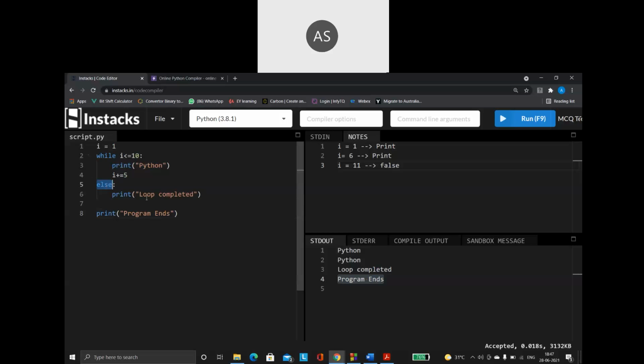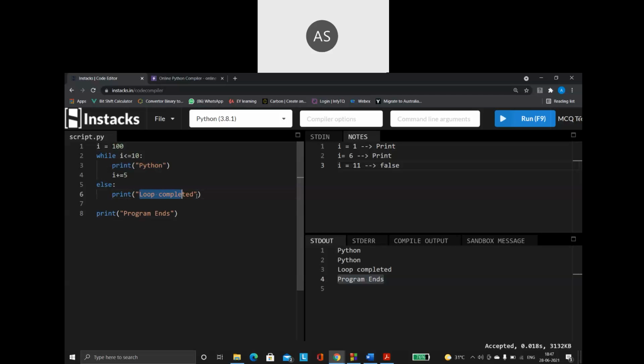Fine. So when is the else going to work? When my condition is false. Suppose here I am giving the initial starting I value to be 100. Now what will happen? 100 less than or equal to 10, the condition is false, so it will not go inside at all. Automatically it will come to the else part.